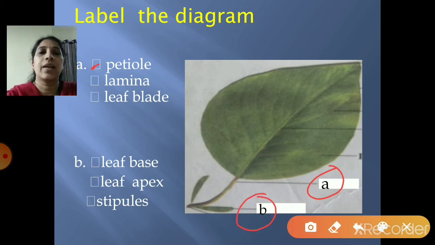For B part, they have again given 3 options: leaf base, leaf apex and stipules, right? So small leaf-like structures present near the leaf base are called stipules. So you will select stipules. So this is the way, children, you will select the labelings for the diagrams.